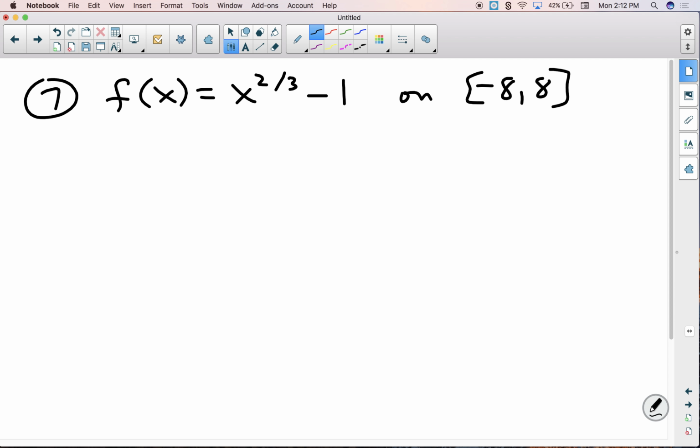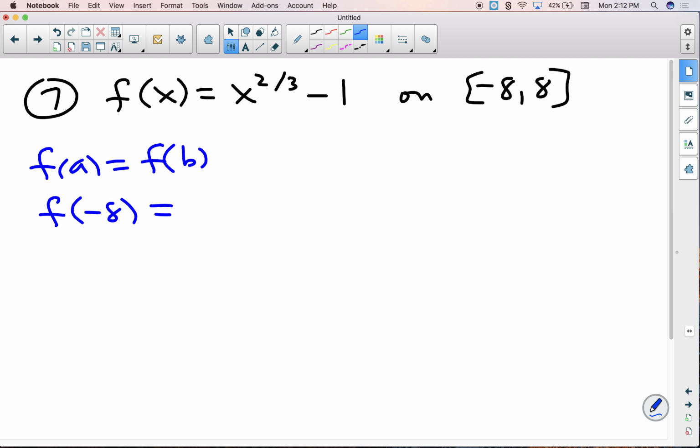Take a look at number 7. Dr. Larson wants to know whether Rolle's theorem applies here. If it does, he wants you to find the C values that are guaranteed by the theorem. Rolle's theorem demands really two things: differentiability and also that f of a is equal to f of b. So let's check that last one. What about this? F of a equals f of b. Well, so f of -8,